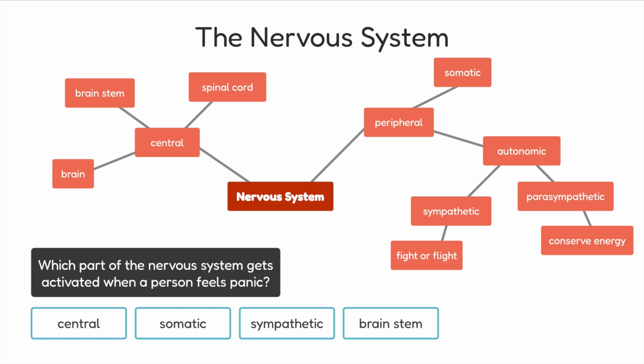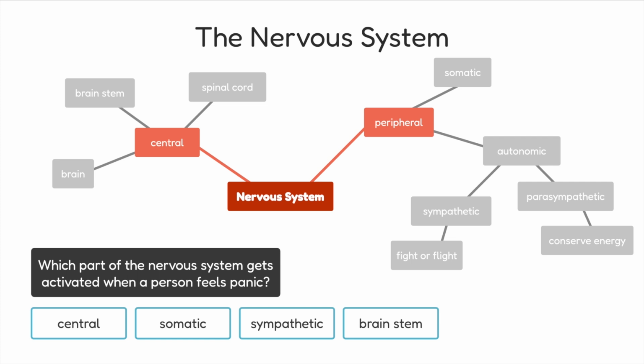One quick way to tell that is to note that the color of its bubble is different from its surrounding subtopics. This is just one way a main topic can be set off. They can also be set apart by being placed at or near the middle of the map, kind of like it is here. Now, notice that there are two subtopics connected to the main topic, the central nervous system and